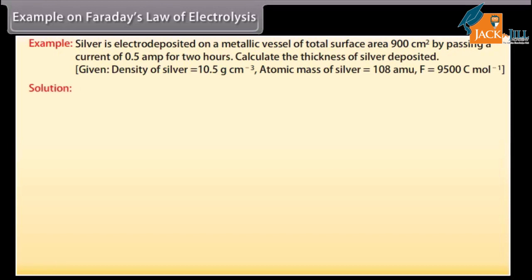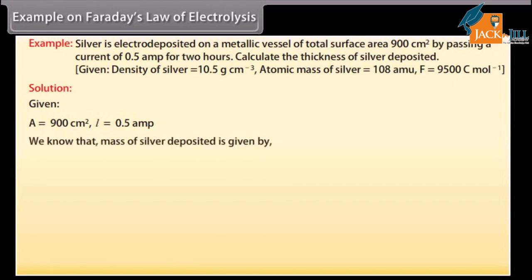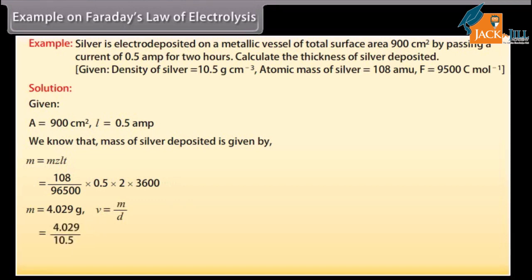Let's see the solution. Here the given values are A is equal to 900 cm², I is equal to 0.5 ampere. We know that the mass of silver deposited is given by m is equal to ZIt. By putting the values, we get m is equal to 4.029 gram. We know that V is equal to m upon d. By putting the values, we get V is equal to